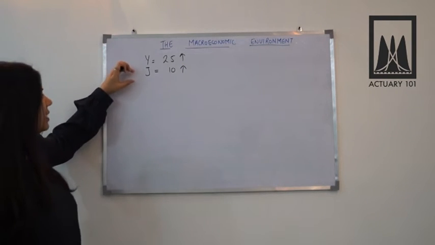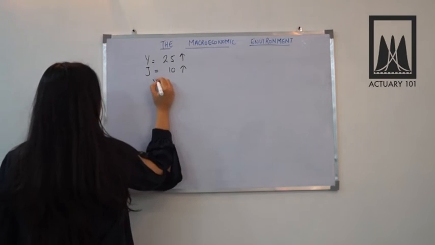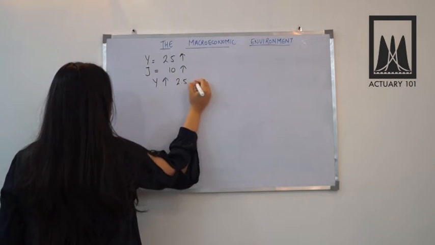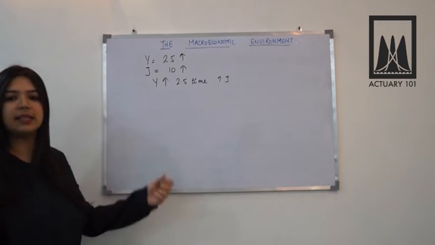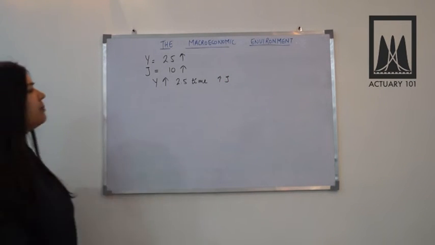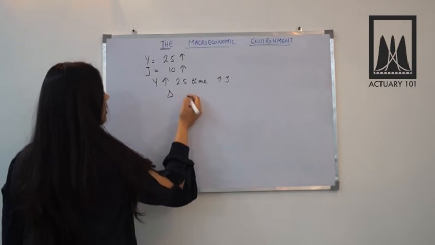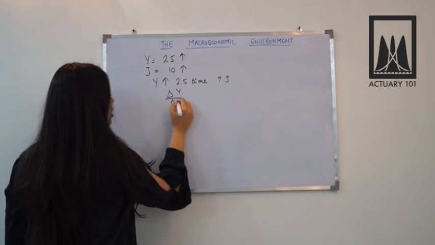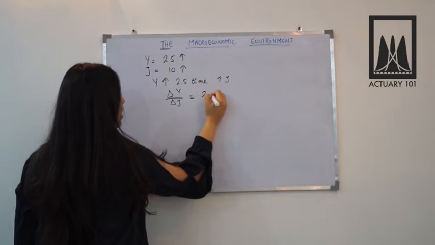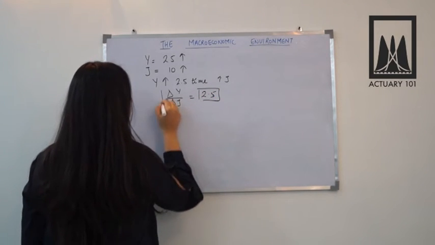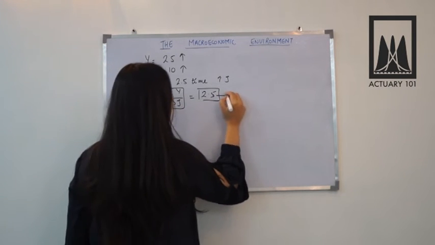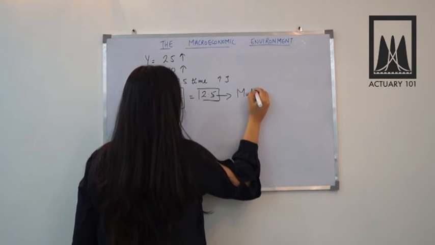So Y is increasing 2.5 times the increase in J. Writing this mathematically, can I say that the change in Y due to a change in injections was 2.5, right? And now this 2.5, or this formula, is what we call the multiplier,